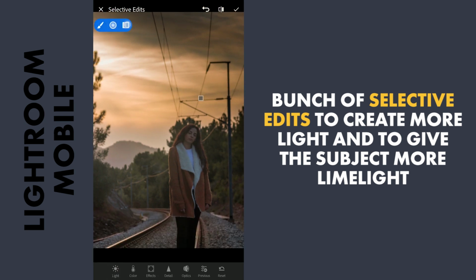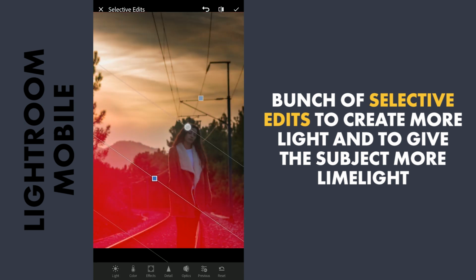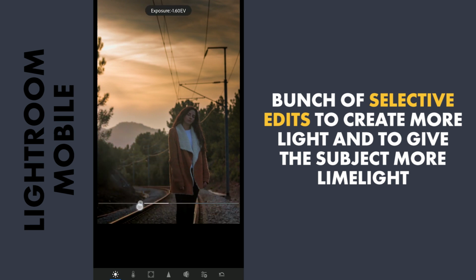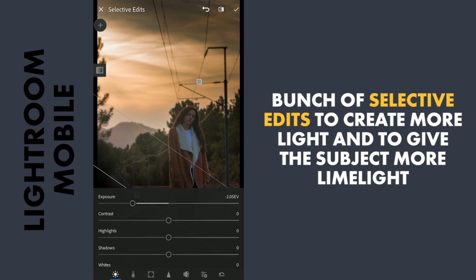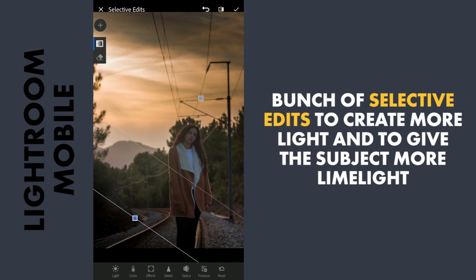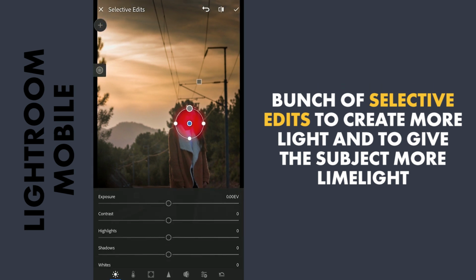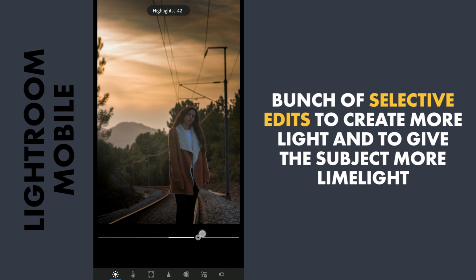I will apply one more linear filter at the bottom left corner and decrease the exposure. Now I'll apply a bunch of radial filters. First one on the subject's face to make it pop a little. So here I will increase the highlights, little exposure,